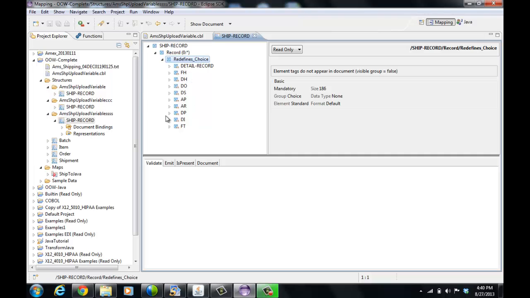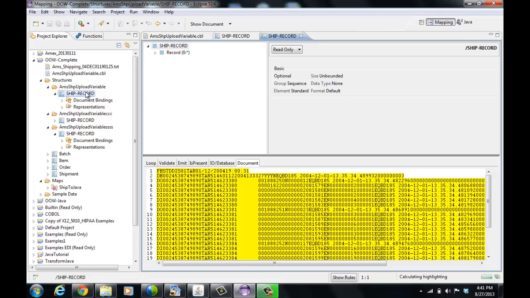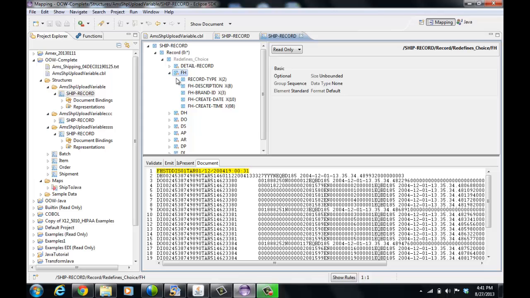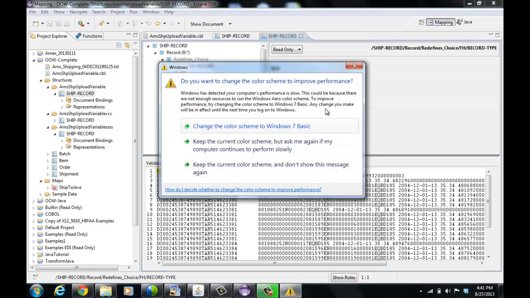I'm going to look at one that was previously imported and associated with the sample document. Here we're actually looking through the sample document, and we can see the first branch of the choice is this file header, this FH record. What it did was look at the record type and the 88, and it included an initiator character string here that says, okay, when it finds this character, then